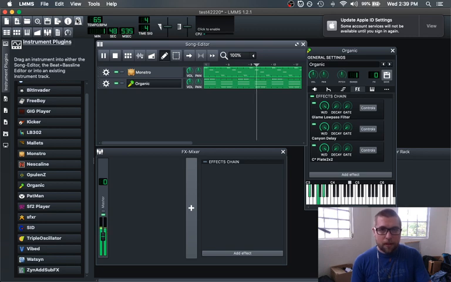Interesting. We can pan them left and right, make some different stereo textures happen. It's coming out of different places.